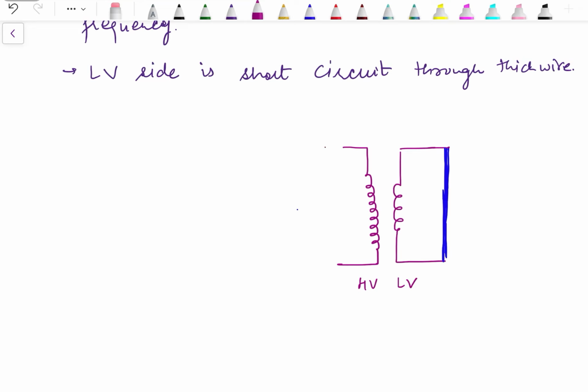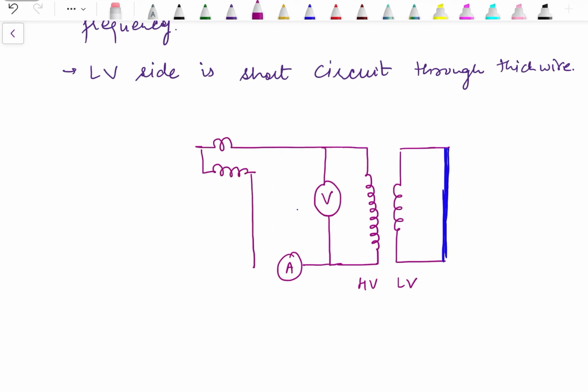Then for measurement of voltage, we need to connect a voltmeter. An ammeter is connected to measure the current. A wattmeter for measurement of power, whose current coil is in series and potential coil is connected in parallel. Again, the supply to the transformer is given through a variac or an auto transformer, so that we can adjust the supply